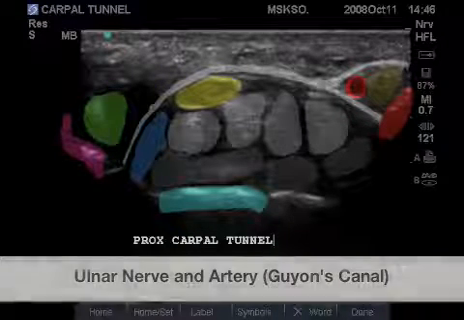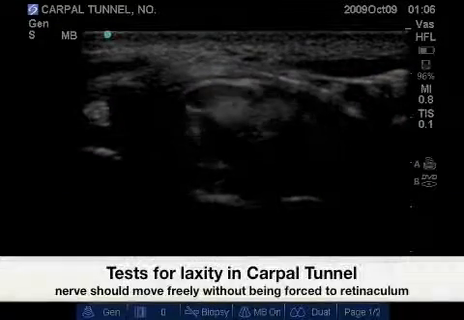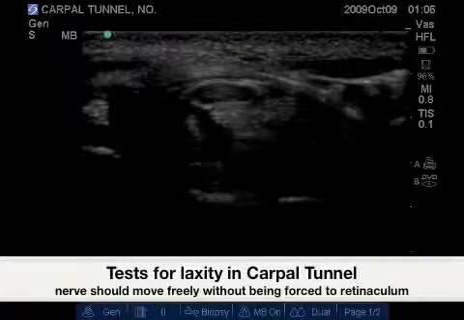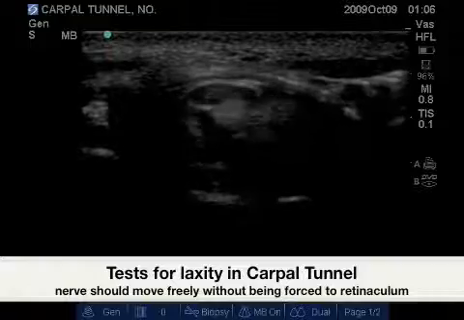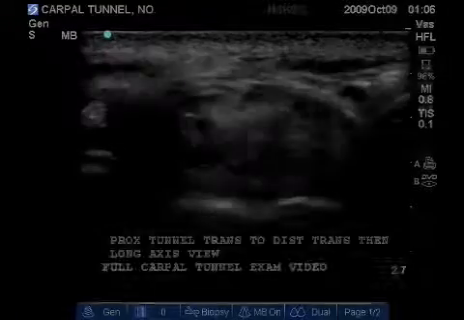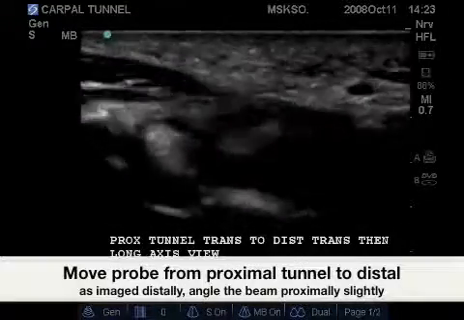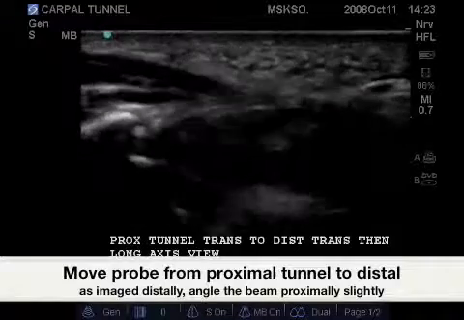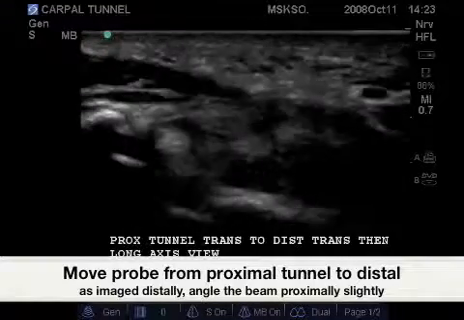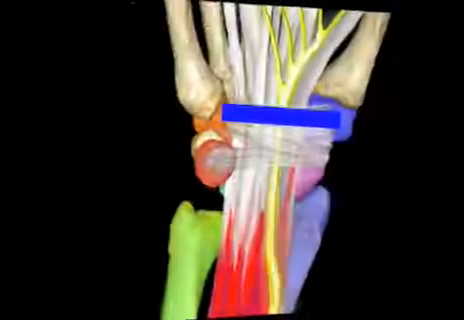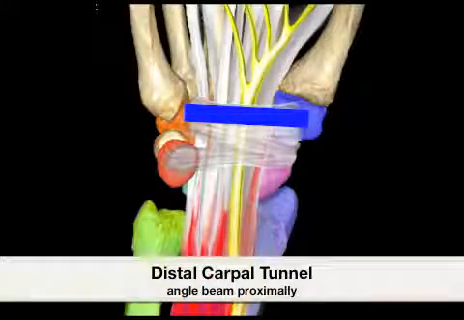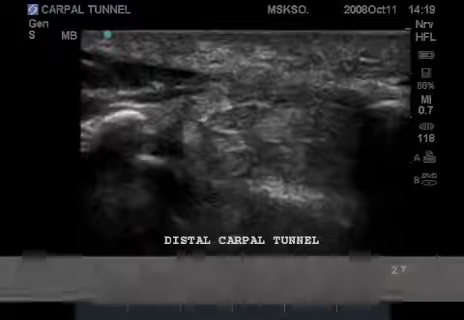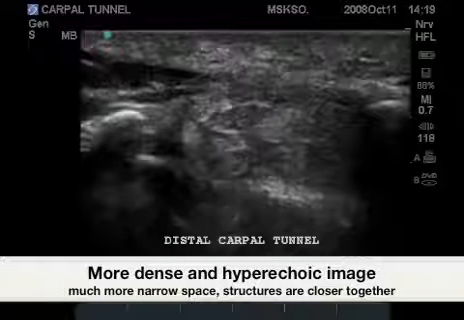It is also important to wiggle the fingers to test for laxity in the carpal tunnel. Now scanning from the proximal carpal tunnel to the distal carpal tunnel. Here is the correct probe placement for the distal carpal tunnel. Here we have as a landmark the capitate bone,